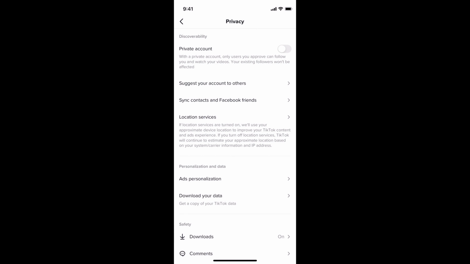And now by doing so, your account is public, and this is the way that can help you to make your